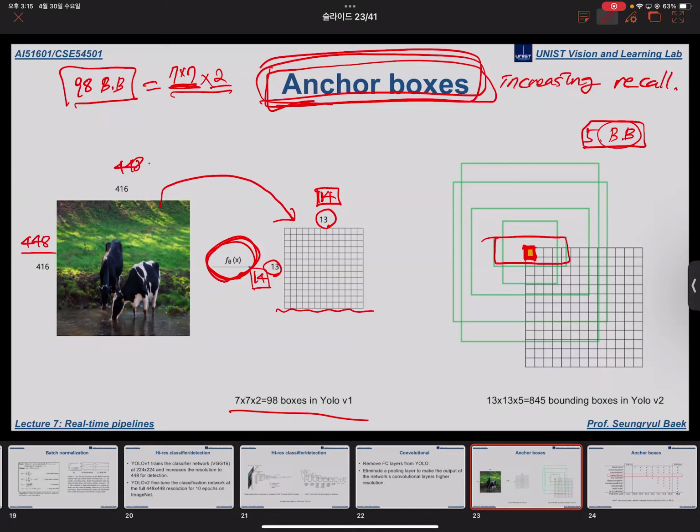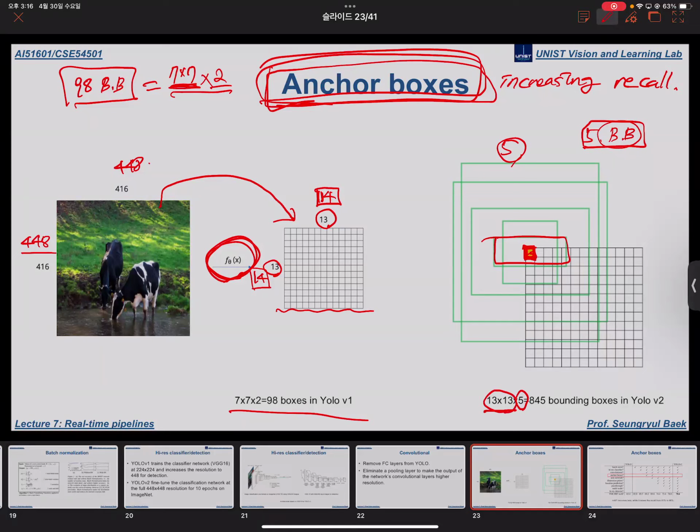By centering their center on each 2D feature pixel, we estimate 5 bounding boxes for each feature pixel. That's the anchor box, and there would be 5 bounding boxes for each 2D feature pixel, and there are